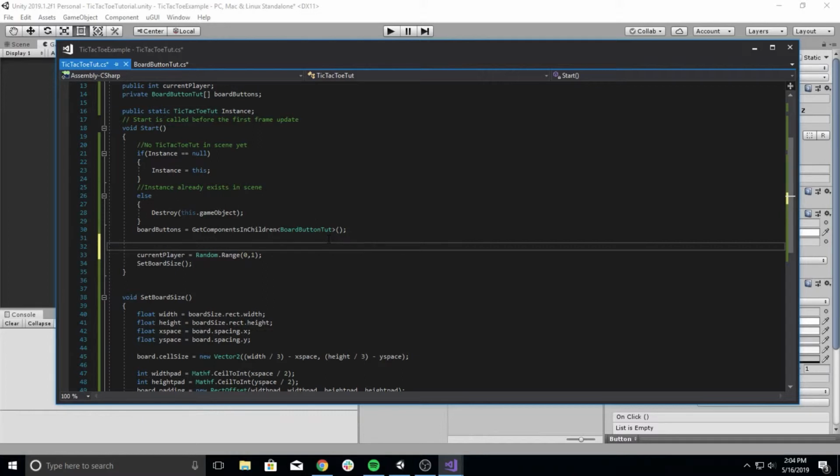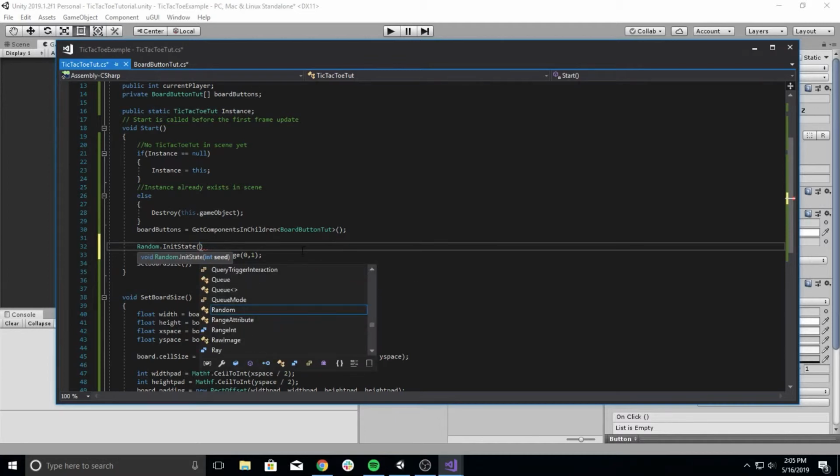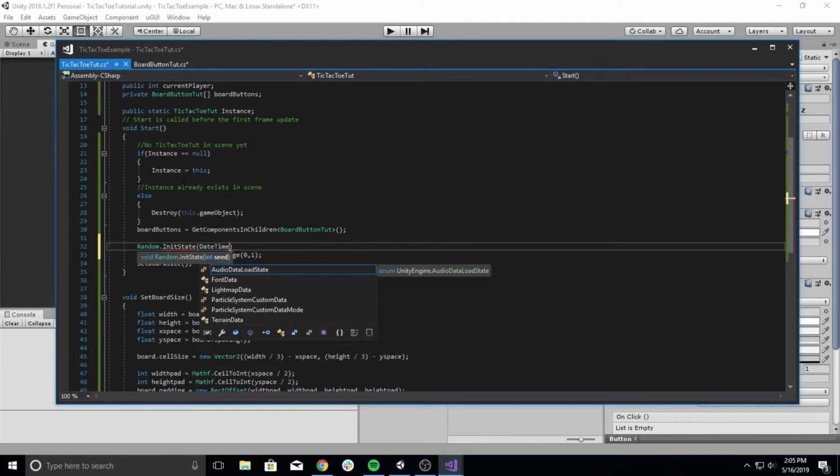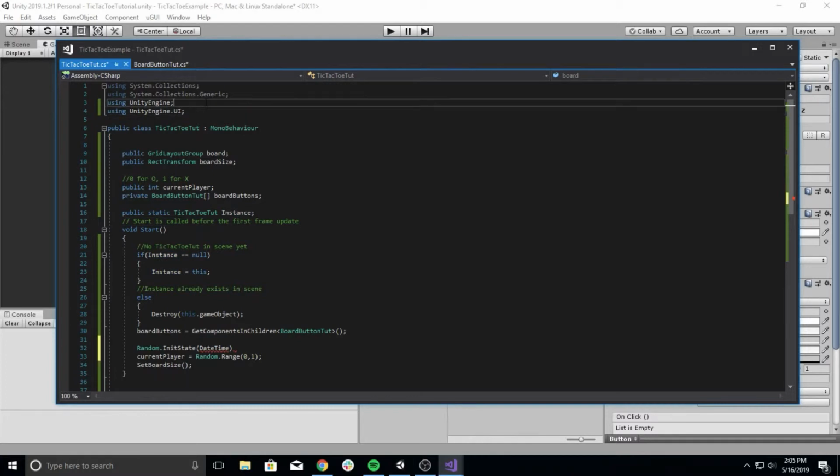Random.InitState, this is how you change the seed, and then normally it takes in a seed for what state you want. Well, since we want it to be random and not a specific seed, we're just going to give this a very random number. And generally, if you want to get a very random seed, you can just use DateTime, which in this case I need System,